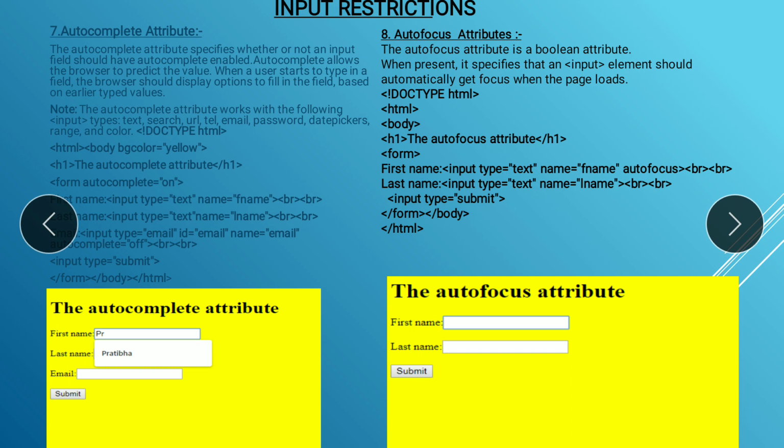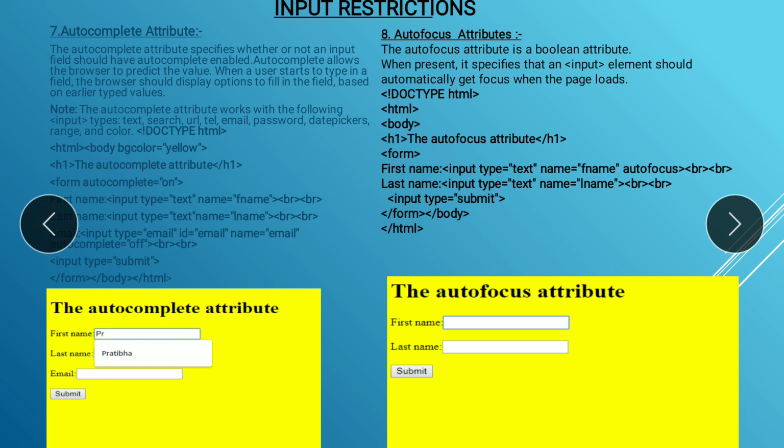The autocomplete attribute works with the following input types, that is text, search, URL, telephone, and all those things you can see here. So this is your program. In that, I mention autocomplete on in the form tag.